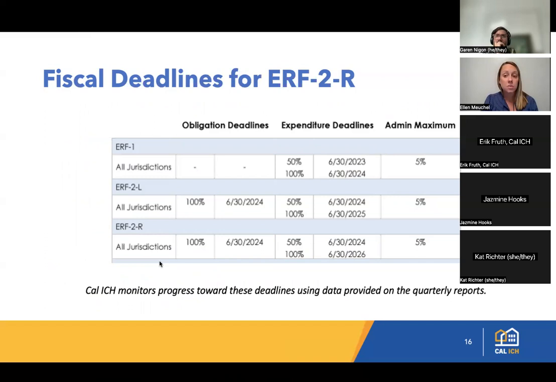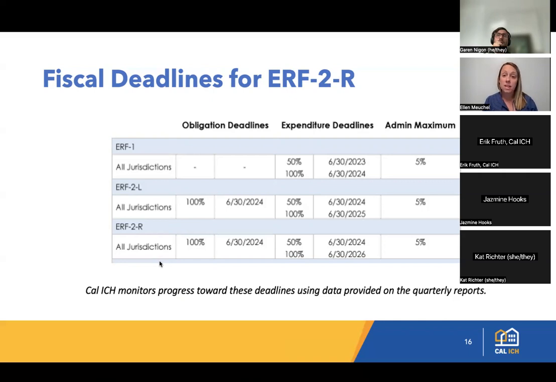The way that statute was written was not the most flexible in terms of when these deadlines hit, but unfortunately we have no flexibility in changing them or pushing them out. So we want to talk about them now and talk about how we hope to support you in meeting these deadlines. As you can see through this chart, and this chart was lifted from one of the tools and handouts that we provide to all of our grantees. You will be receiving that after this meeting.